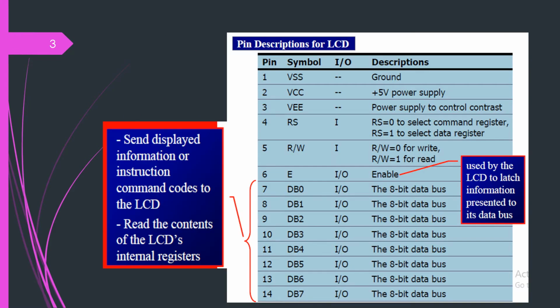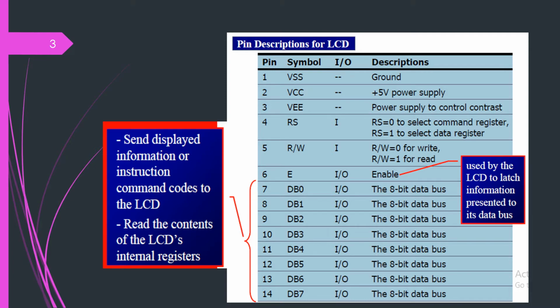Now these are the pins of our normal LCD. So in general, it is a pin description for various pins. The most general purpose LCD, giving you the 16 by 2 display, has a 14 pin structure. Each pin has its own significance. Like the first pin is VSS, the ground pin. Then the second one is VCC. As far as supply conditions are considered, it is a plus 5 volt power supply.